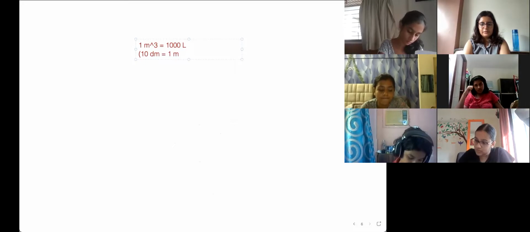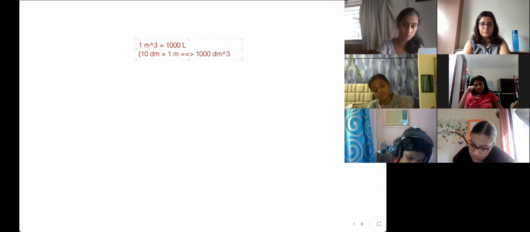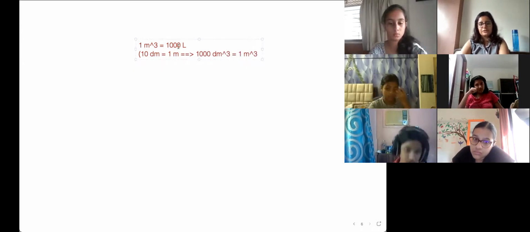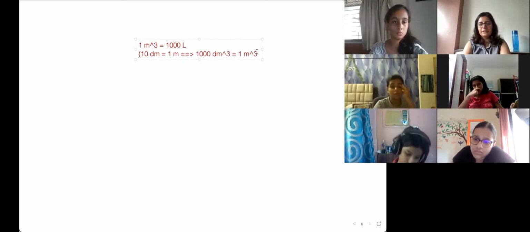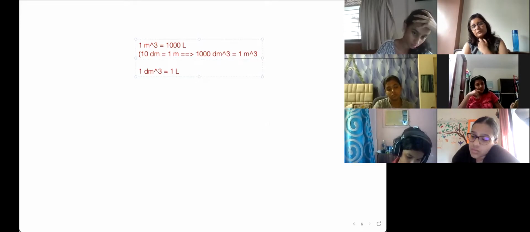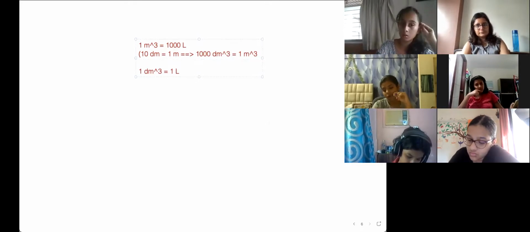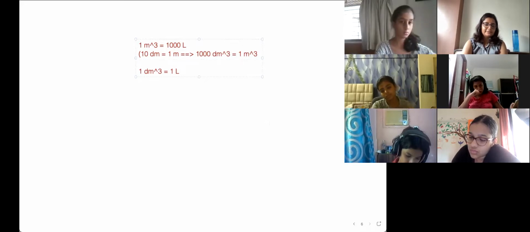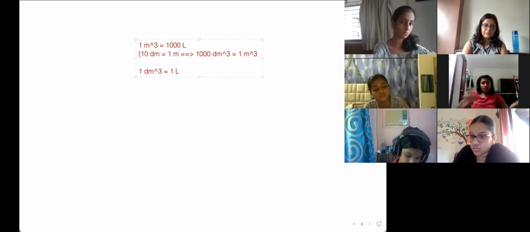Now the relation between meter and decimeter is 10 decimeter equal to 1 meter. So 1000 decimeter cube is 1 meter cube. You can see here 1 meter cube makes 1000 liters, 1 meter cube makes 1000 decimeter cube. So numerically you can equate 1 decimeter cube with 1 liter. They're asking molality. Ooh, okay. Convert that water into